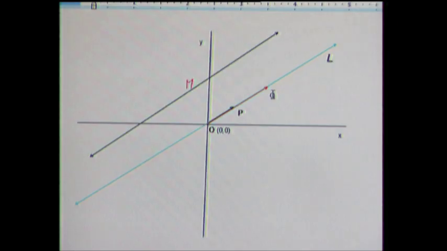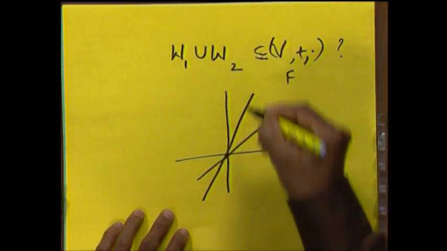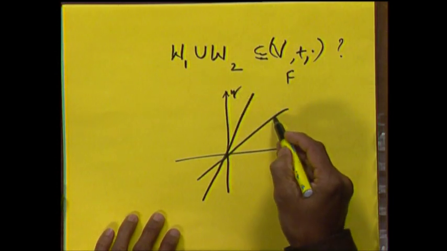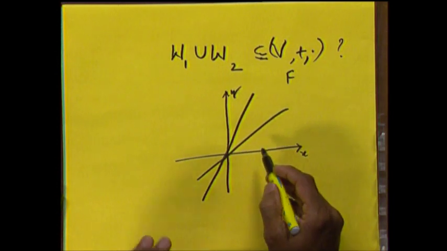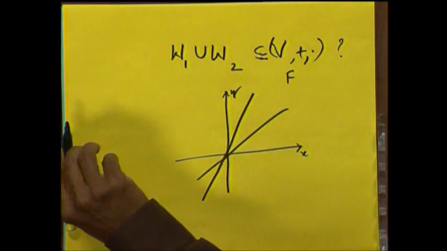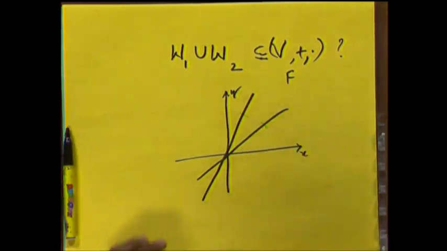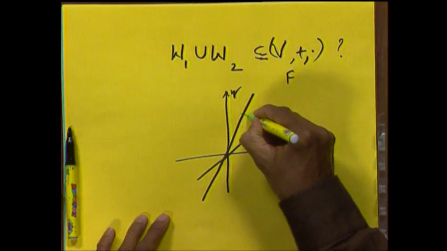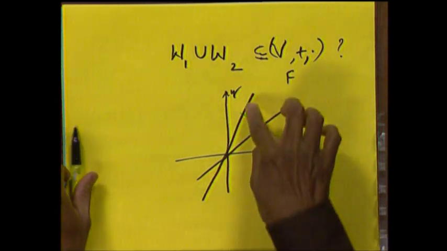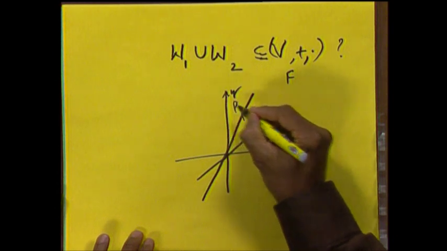You have this situation. In R2, you take any two lines passing through the origin. This is x axis, this is y axis. You take any two lines passing through the origin, each of these is a vector subspace of R2. Now if you take any 2 points on these two vector subspaces, and if you join them, this intermediate point is not a member of their union, right. This is some point P, this is some point Q,